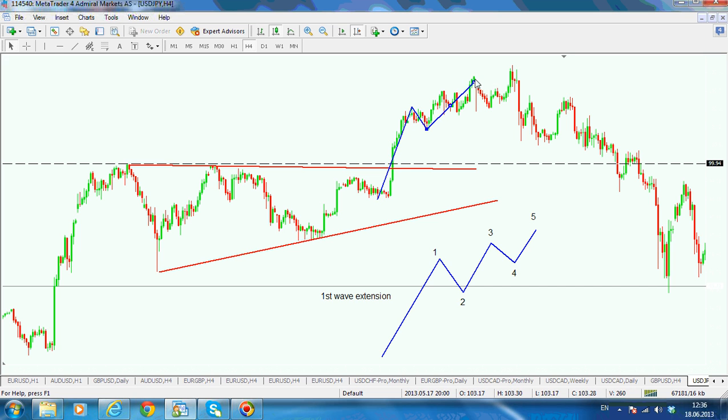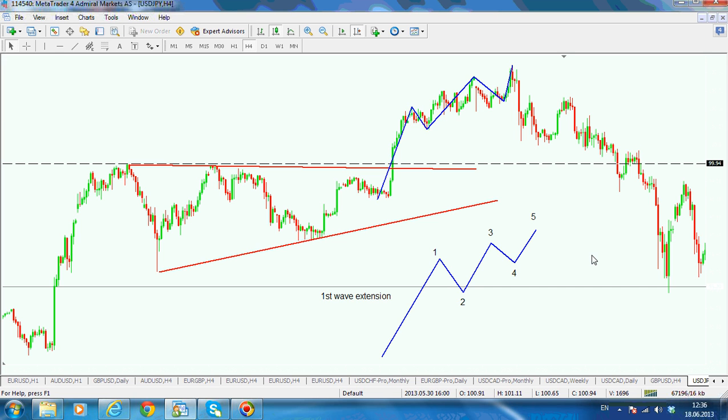I would say that this is the third one, and the fourth one as a contracting triangle, and then a fifth one here. And there you go, you have 1, 2, 3, 4, 5. Now, in order to see if the first wave is extended, what we need to do is to measure